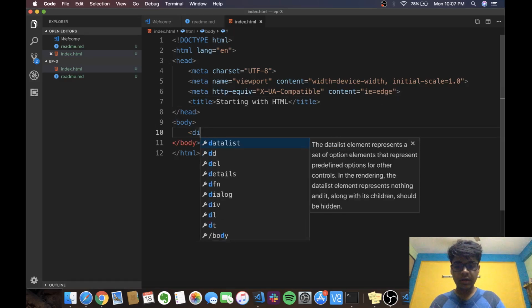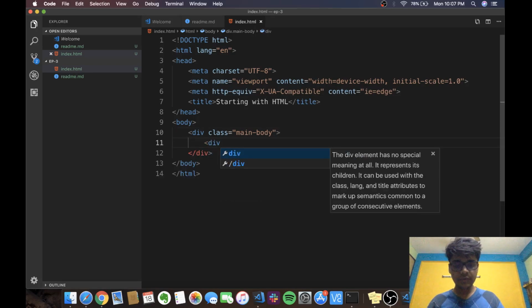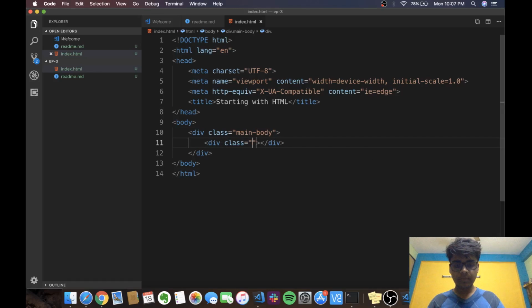Inside the body, I'll have a division. I'll give it a class of main body. Don't expect any beautiful stuff today because I'll be focusing on JavaScript for now. Okay, inside the main body, I'll create two divs. One I'll call menu bar, and another I'll call